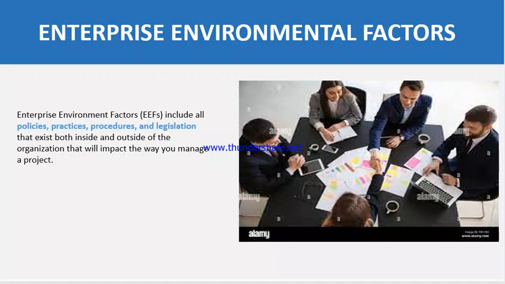So friend, enterprise environmental factors. Basically, see, these are three terms: enterprise, environmental, factor. First of all, we have to understand environment. Environment means where we live actually, the surroundings, which basically affect you. For example, you are living in a country where the weather is very cold, for example Canada. It's a very cold weather country, so you have to wear warm clothes. So these are the environmental factors that mean you must wear warm clothes.